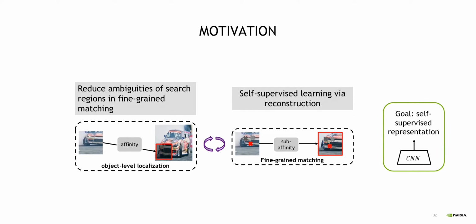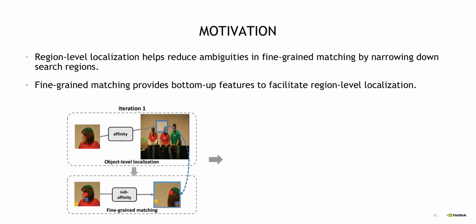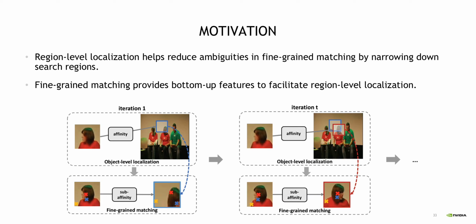Since both the affinity matrix and sub-affinity matrix are computed from the same CNN network, when we are learning the two tasks together, they will always progressively benefit the self-supervised representation learning. As a result, we will see both the localization result and the matching of pixels will be continuously improved from the first iteration to